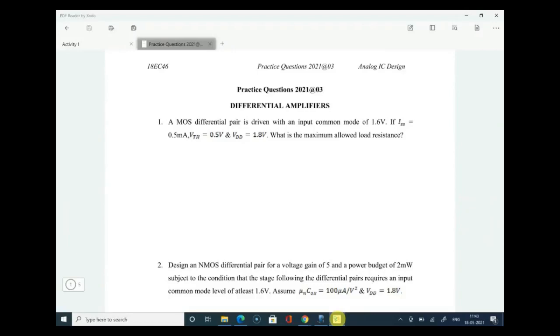Shri Harsha. Yes, sir. Whether you were present on the previous day? No, right? You were absent yesterday. Yes, yesterday I was absent, sir. You didn't attend yesterday's class. Okay. But can you try question number one? Yes, sir, I can give it a try. You can read the question first, and then you can let me know what you think of this question, or how you will approach it.